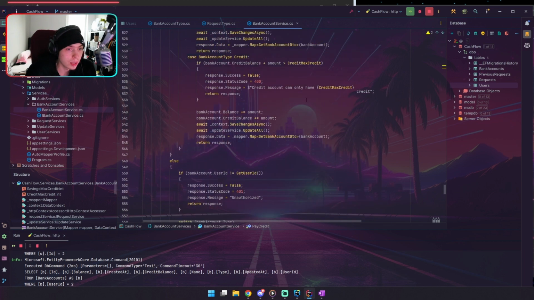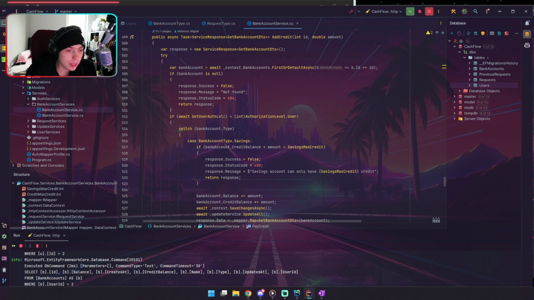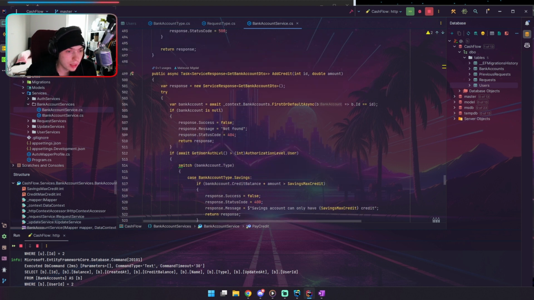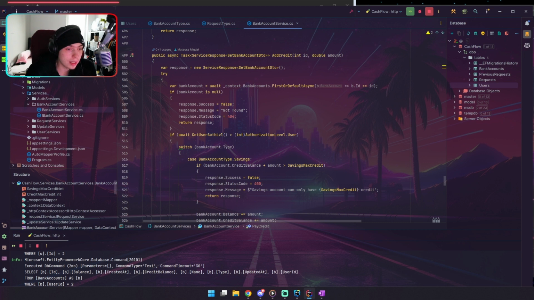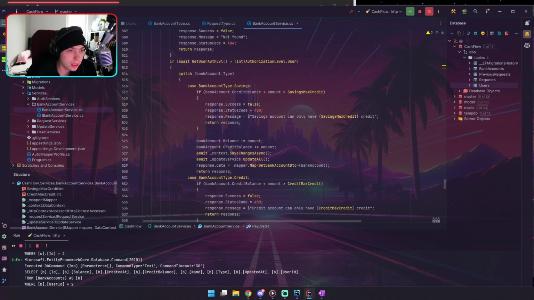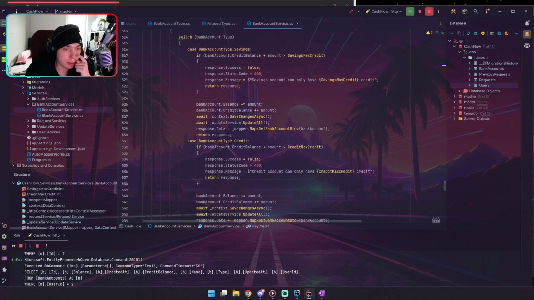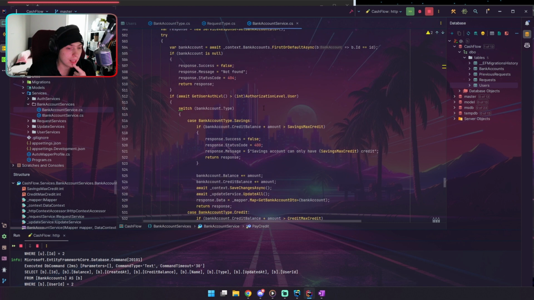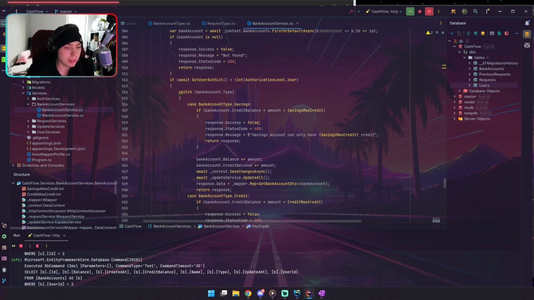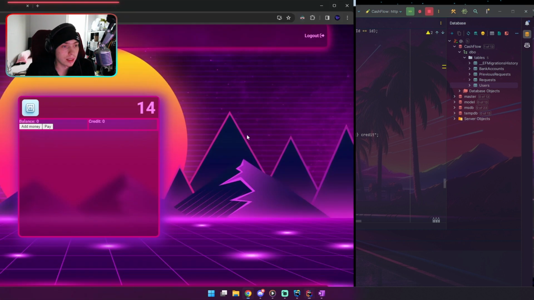What does it actually do? So if false await get user is higher than authorization level user, then bank account credit balance plus amount is higher than savings max credit, okay, but bank account balance plus amount, okay. So as you can see, the only money that you actually have is in your balance, but at the same time, if you try getting some credit, the credit balance will also be added,